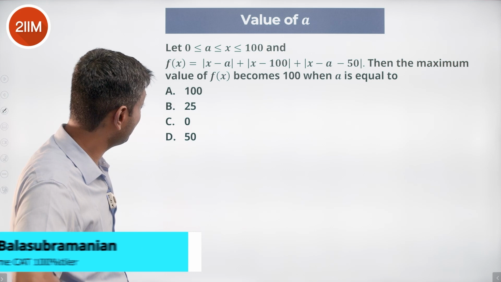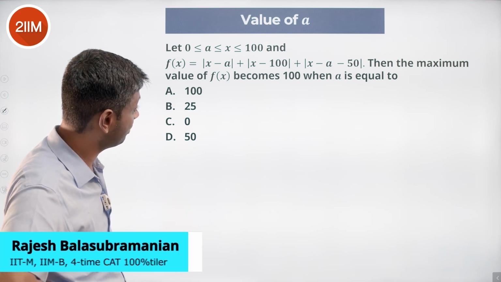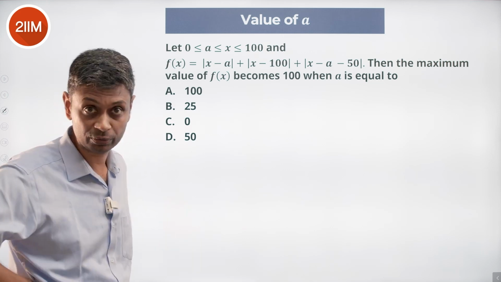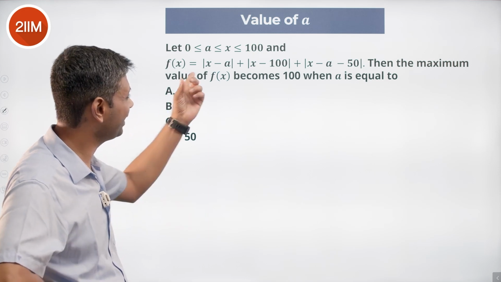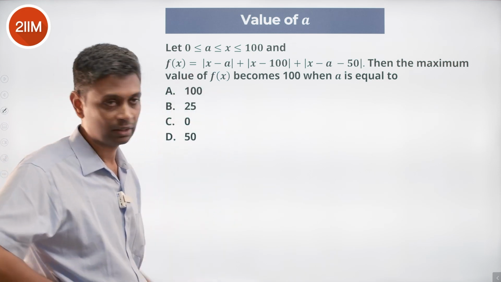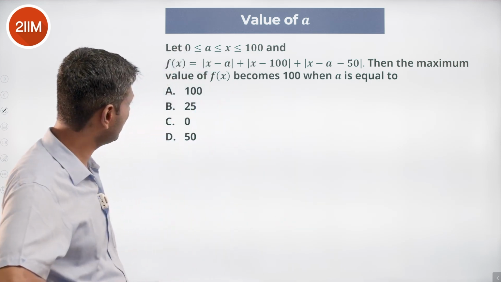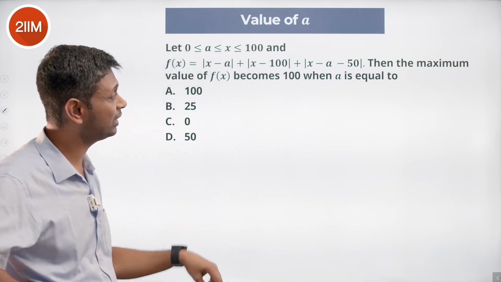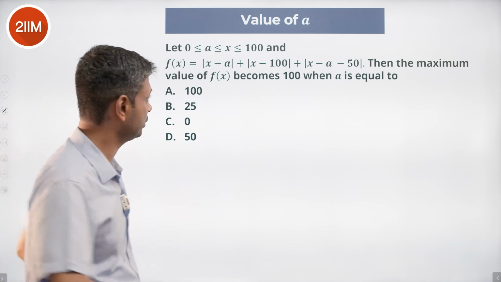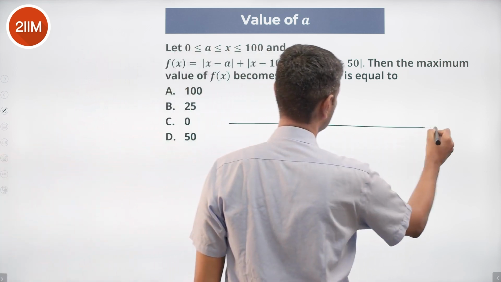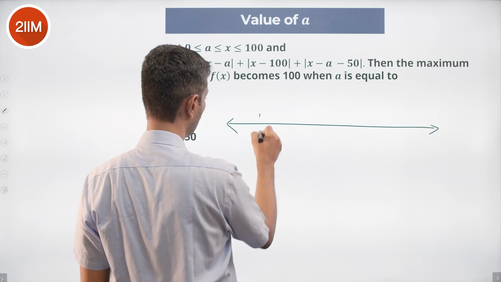f of x equals modulus of x minus a, plus modulus of x minus 100, plus modulus of x minus a minus 50. Distance between x and a, distance between x and 100, distance between x and a plus 50. The maximum value of f of x becomes 100 when a is equal to... And so very nice. So let's put 0,